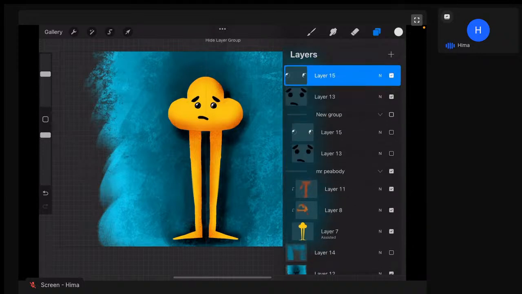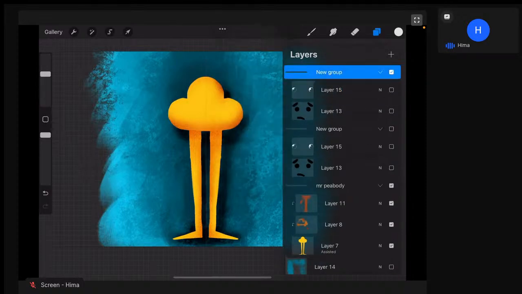Okay, so this layer will close because we don't want to change that. I'm going to combine this and make this into a new group, and